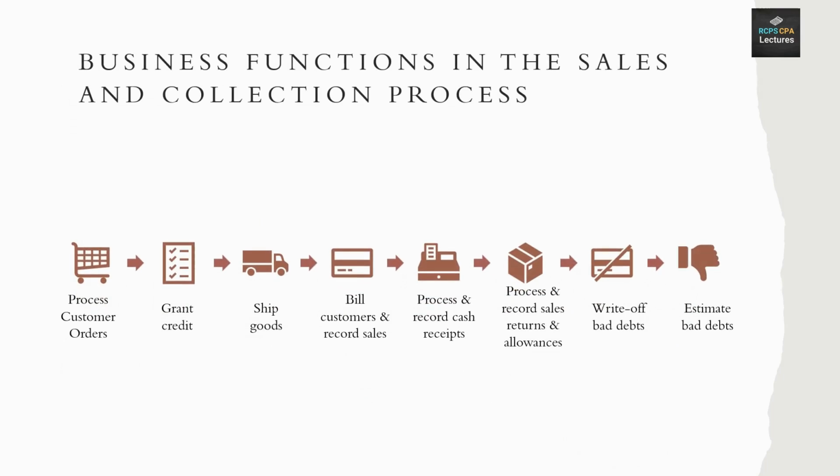And that's it for the business functions in the sales and collection process, including the related documents and records. Just to summarize our discussion, remember that the sales and collection cycle involves the decisions and processes to transfer the ownership of goods and services to customers after they are made available for sale. It began with a request by a customer and ended with the conversion of the goods into an accounts receivable and